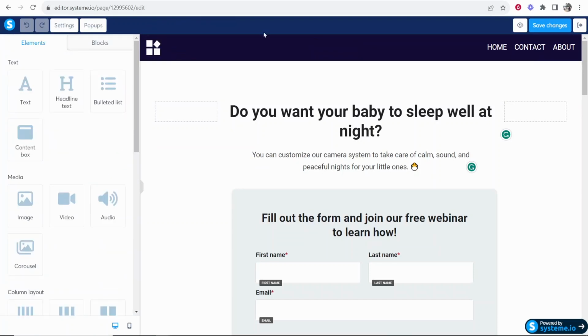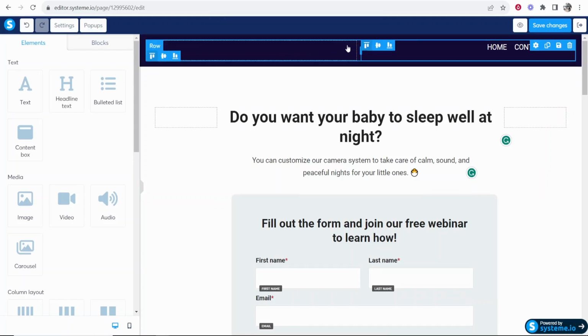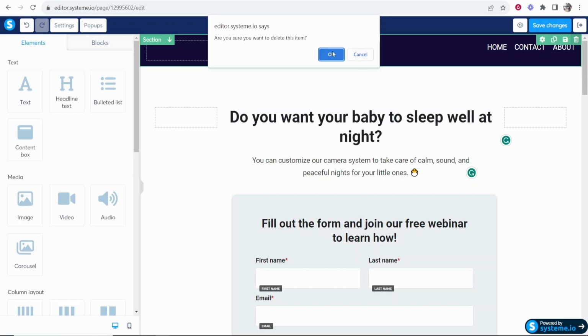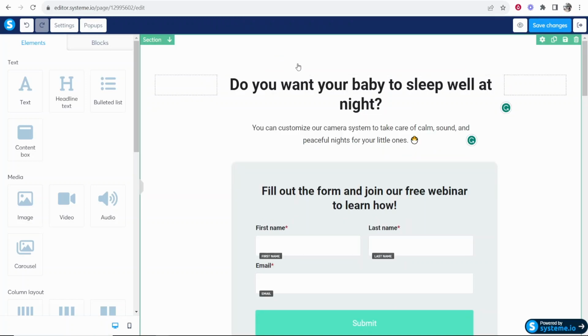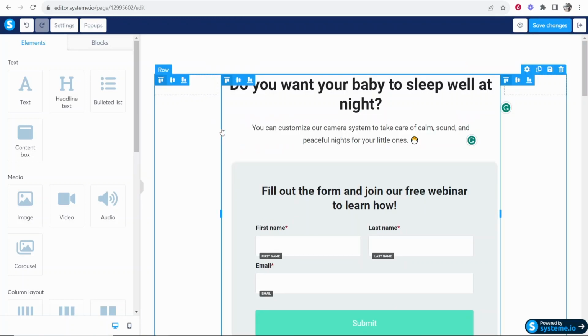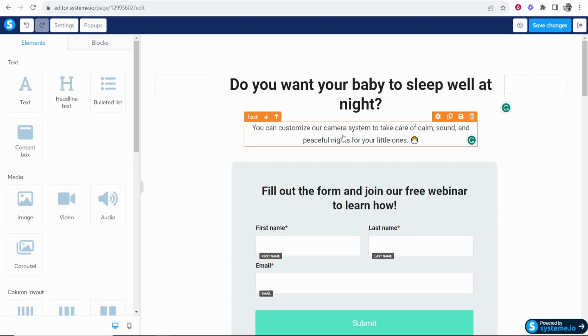Now let's say we don't want this bar here. We want to just create a simple page. We can go ahead and click on the trash icon and delete all of this here. And now we've essentially got rid of all of that. Now, again, look, hovering over, you've got different rows, you've got different elements, text, forms, and all this stuff you